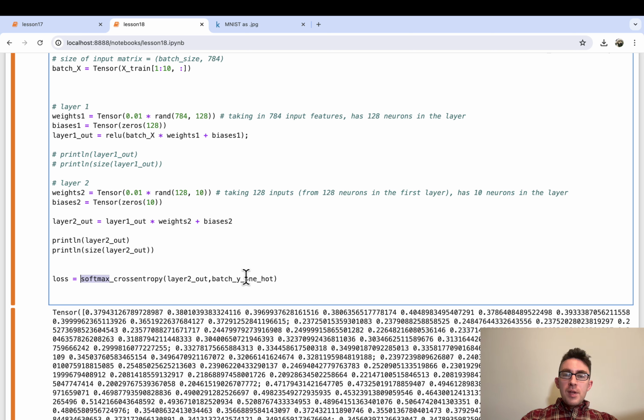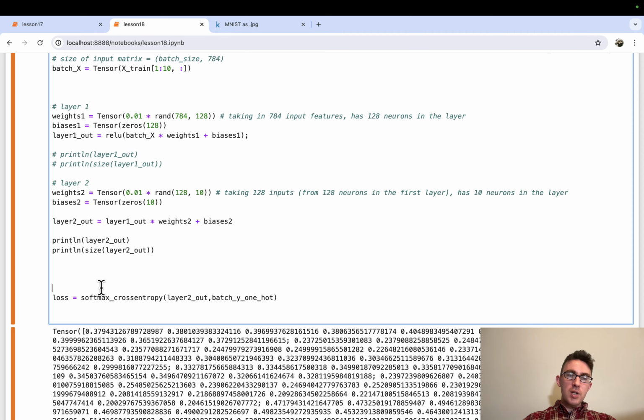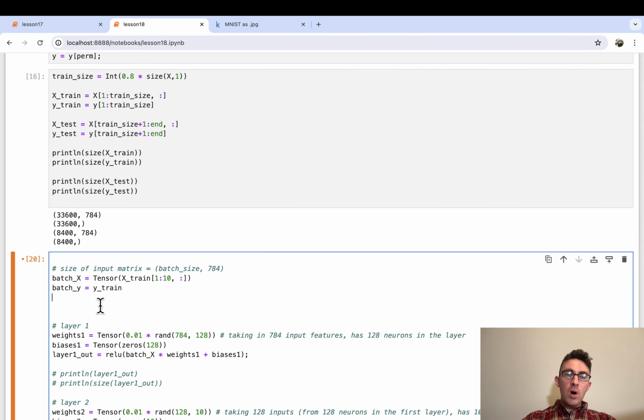But to do that, we need a one hot vector of the correct answers for this batch. So to get that, we're gonna first say batch y equals y train. And you know what? Maybe I'll actually put this up at the top to just make it easier. So yeah, batch y equals y train from 1 to 10, so that we have the correct answer for each